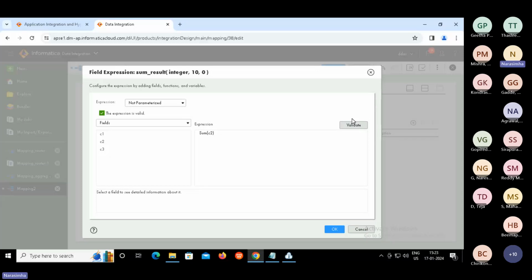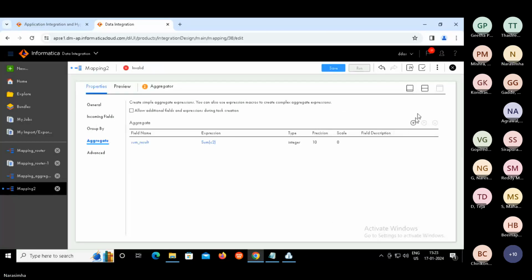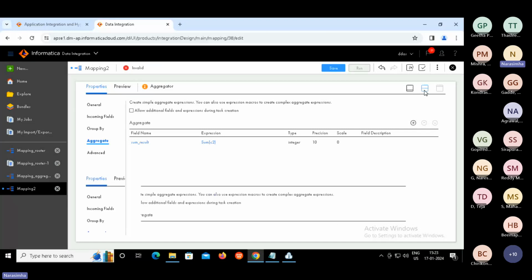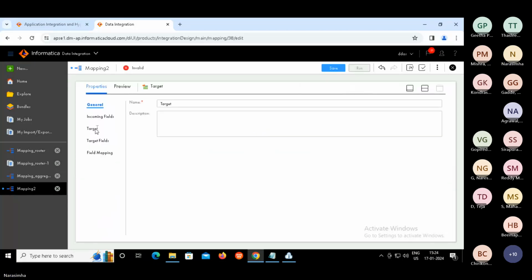Clear, guys, to everyone? And say okay. Perfect. Now restore it and specify the target connection properties. Maximize it.